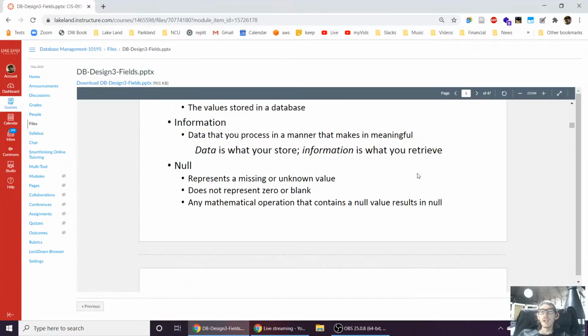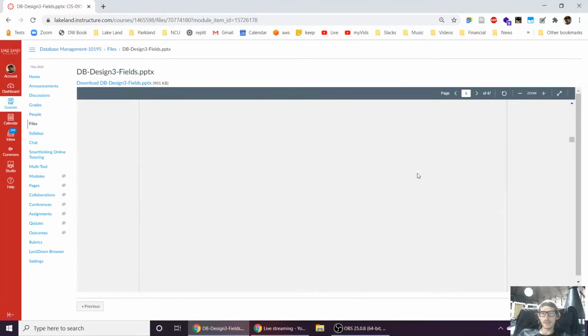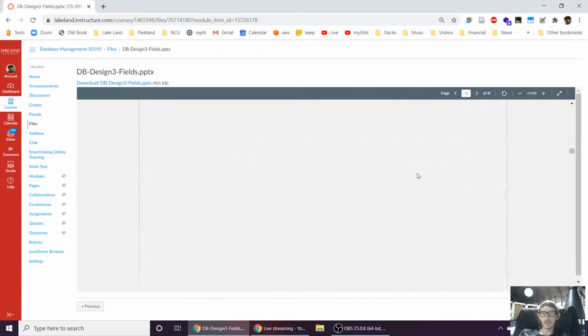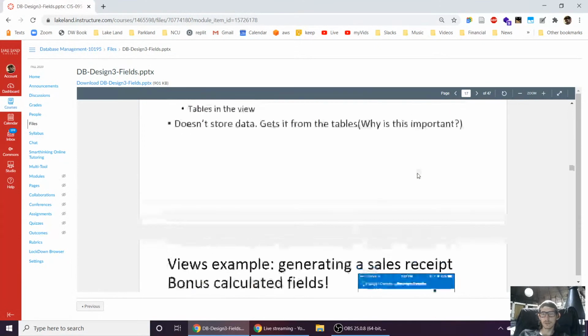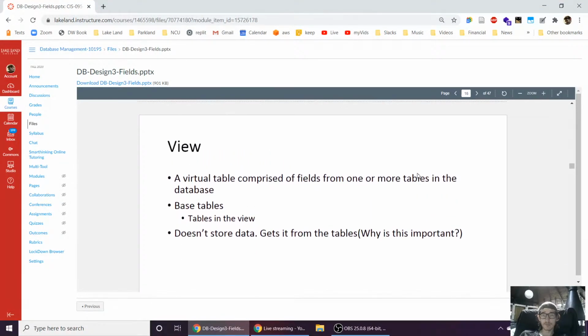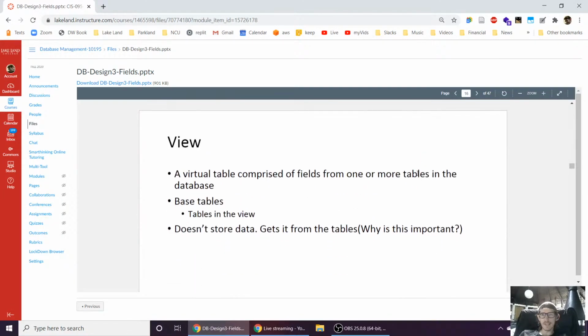Okay, good. We talked about data and information. We talked about improper fields. We're down to, ooh, I skipped over views, which I feel like doesn't really make that much sense right now. It'll make more sense when we start working with SQL, but